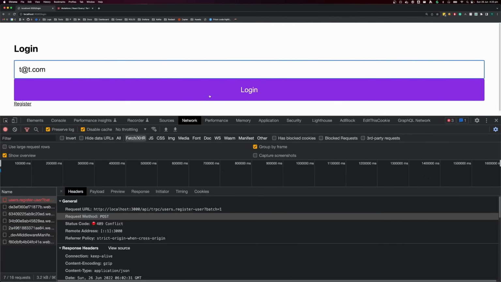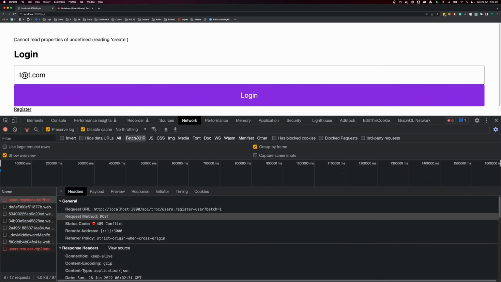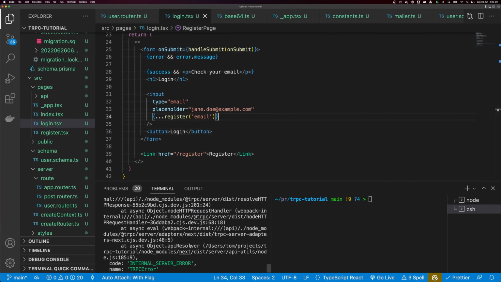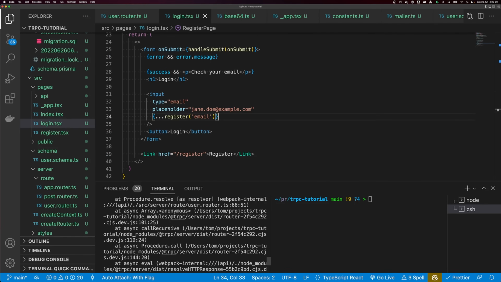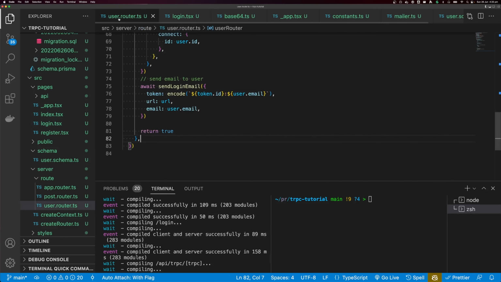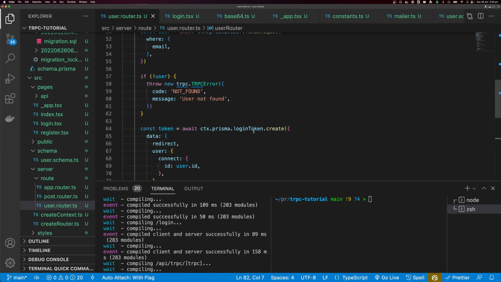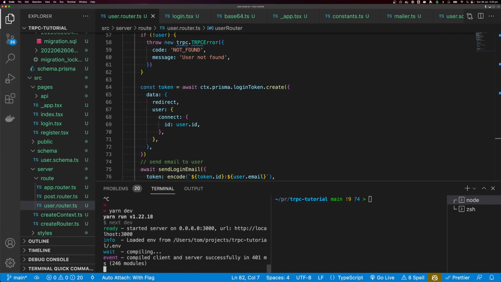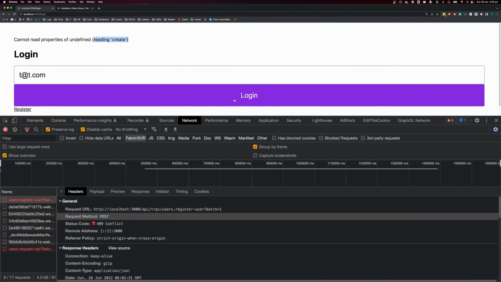We have t@t.com, login, cannot read property of undefined, reading create. So I'm going to go back and I'm going to have a look at the errors here. And I'm assuming this is going to be in the user router. So I think the issue here is that I need to stop the server and restart it again. Let's try this. So I have a getaddrinfo error, not found,